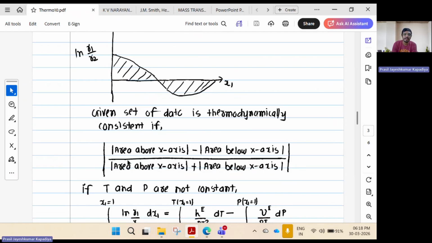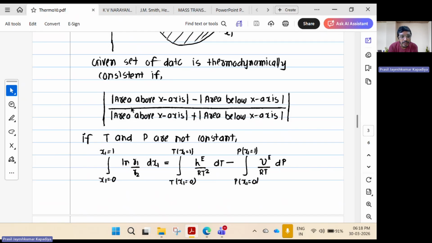Yes, so the area above the x-axis. What do we know when I sum up the area? What is going to happen? It will not always be exactly equal to 0, but it will be, let's say, 0.001, or 0 minus 0.001, like that. So in that case, can we say that it is consistent or not? So for that,